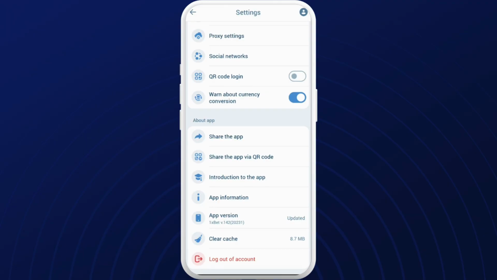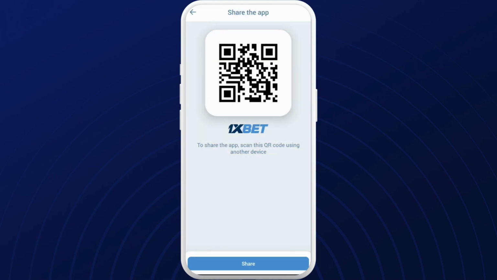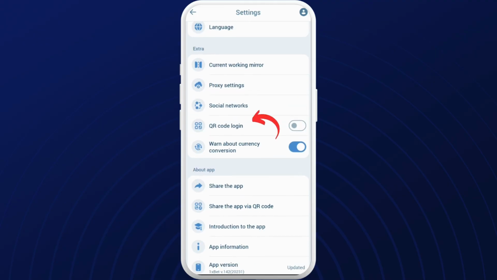Now, if you want the QR code in order to share the app, you can see this share the app via QR code option. You can tap on it and you will get the QR code in order to share this app with others. Whereas, if you want to enable the QR code login, then over here you can see